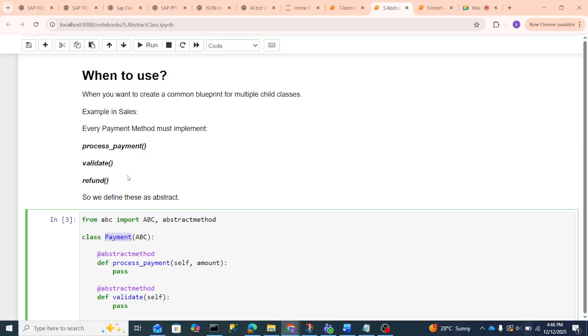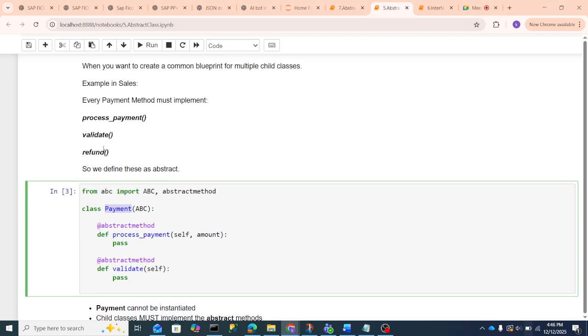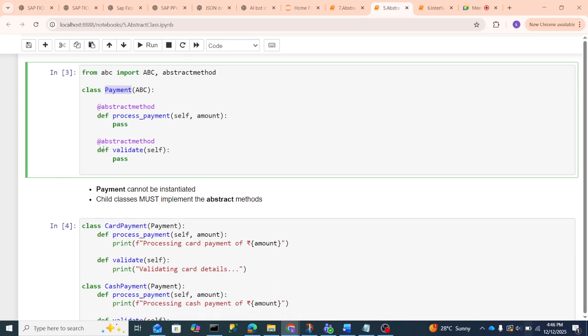So in this case, I will create one abstract class with these three methods. I won't provide any implementation, but I will mention these methods as abstract methods. In the below example, Payment is an abstract class. How can you say it is an abstract class? Because it is